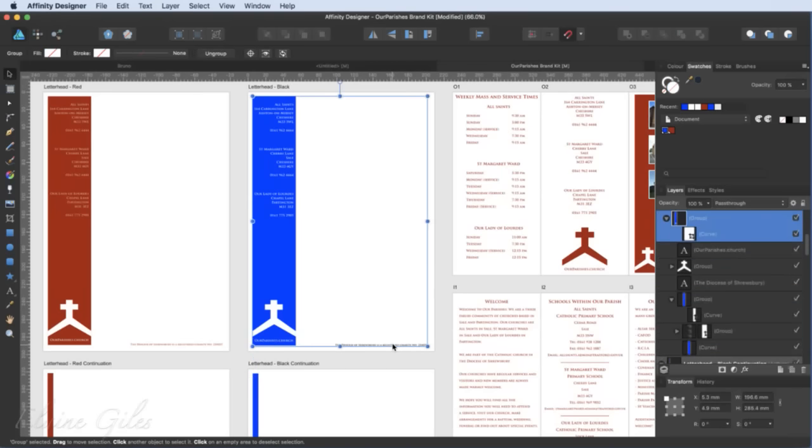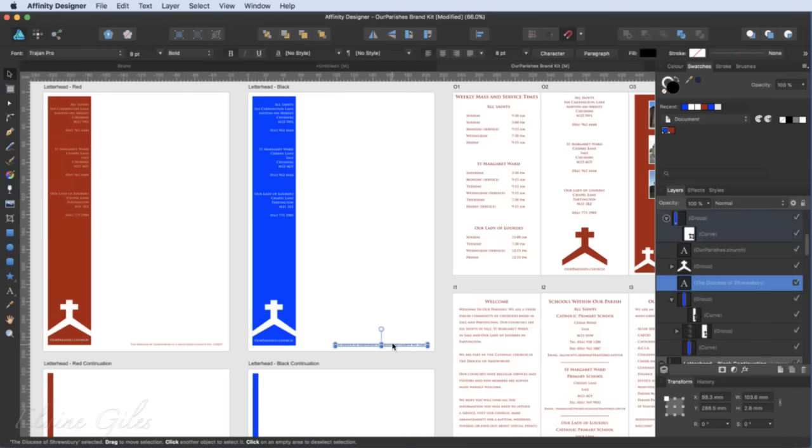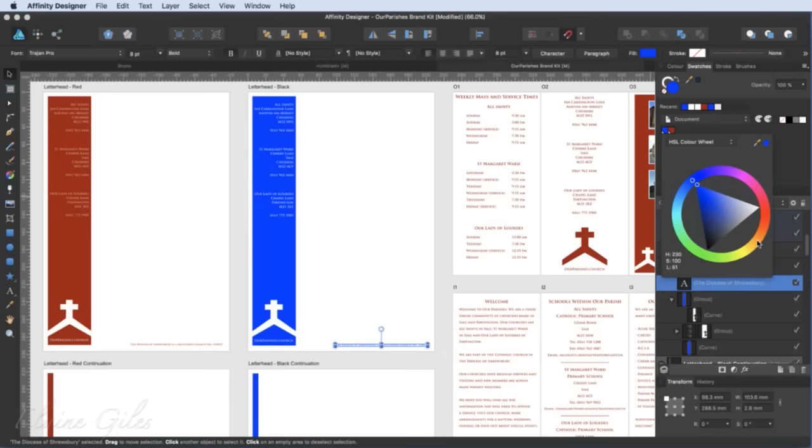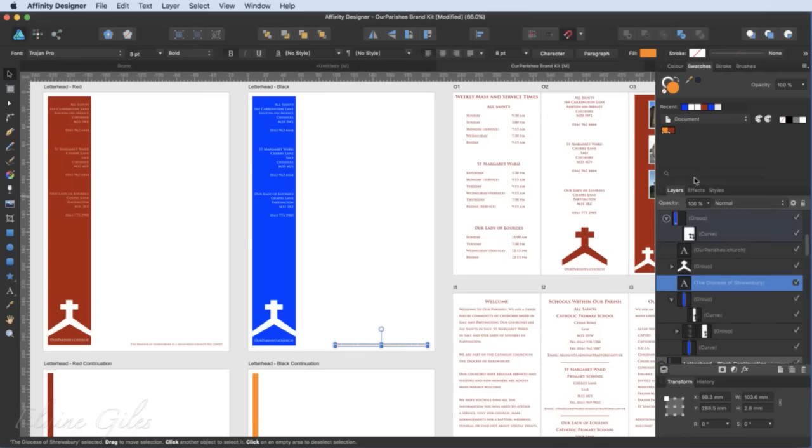Let's add a deal breaker here, which is we'll select the text there and we'll make that the global blue as well. And now we'll go in and we'll edit the global blue. So going in there and editing the fill, and let's go for orange. And as you can see, it didn't do the first one. That's because the first one was just blue. It wasn't global blue, but that's okay, because all I need to do is go back